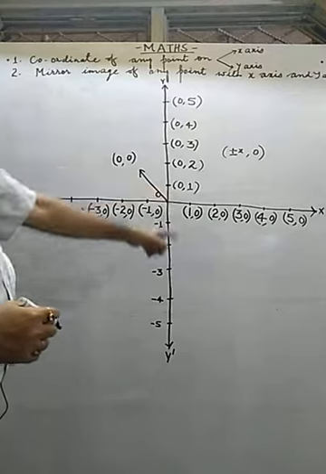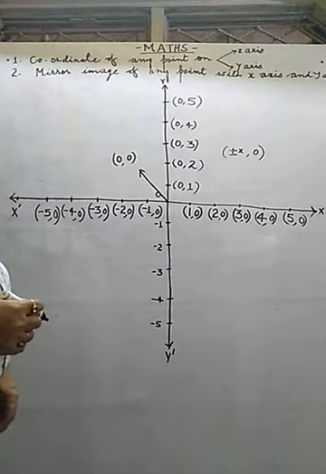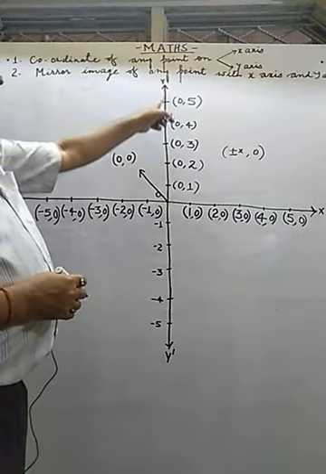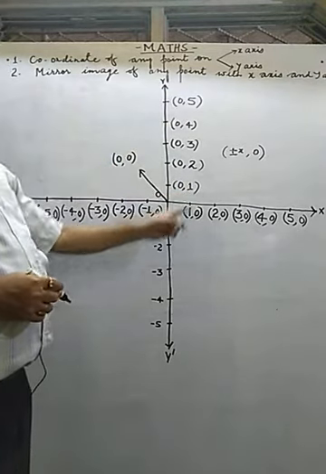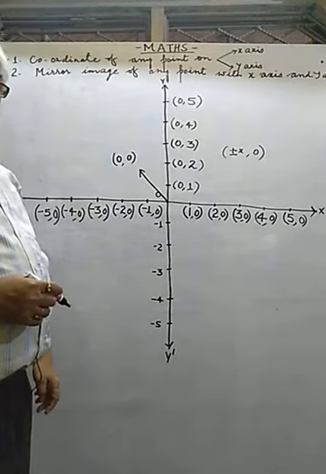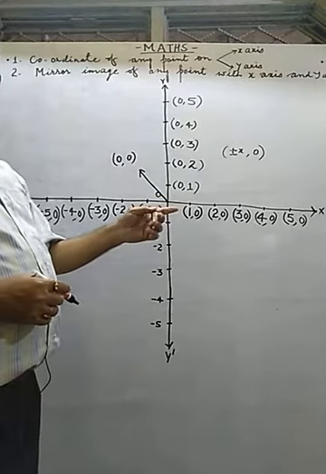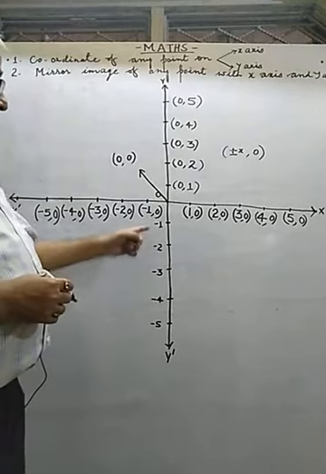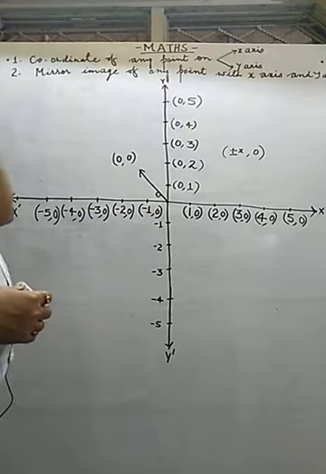Here you may observe which value is 0, abscissa or ordinate. So clearly it is visible here. The value of abscissa is 0. Only the value of ordinate is varying from point to point. In this way, on the x-axis the value of ordinate is 0. On the y-axis the value of abscissa is 0. Similarly, we can write the coordinates of these points also.